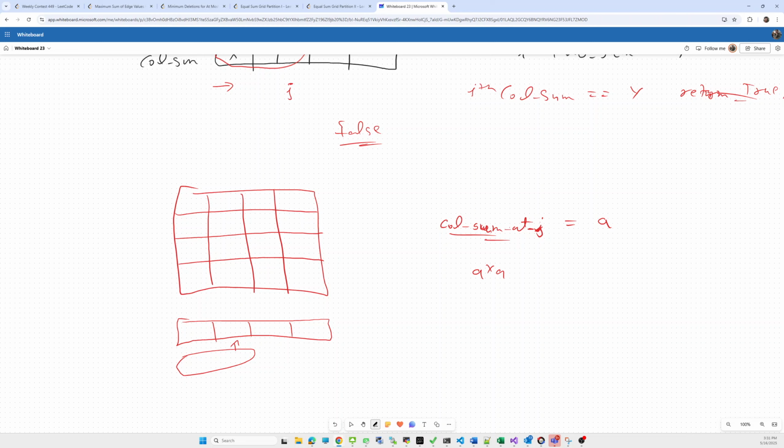How can we check? If A is equivalent to the remaining sum, then we have to return true.